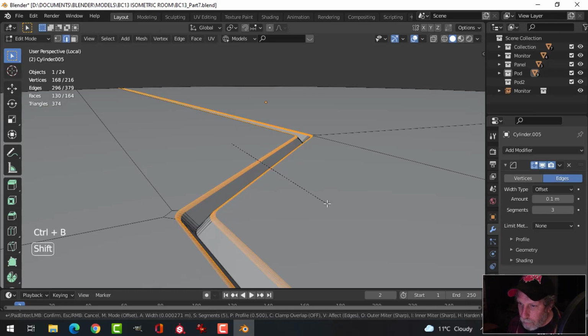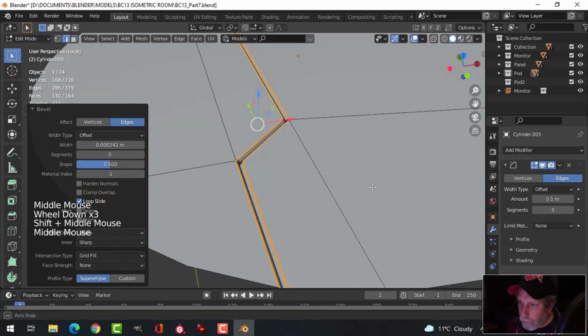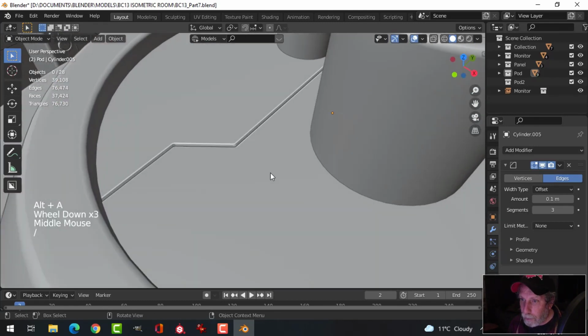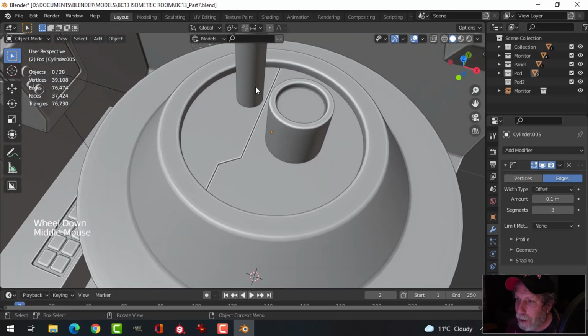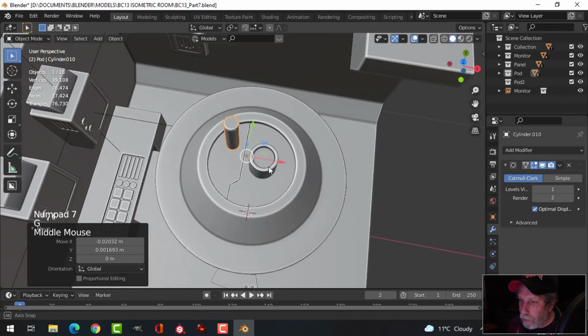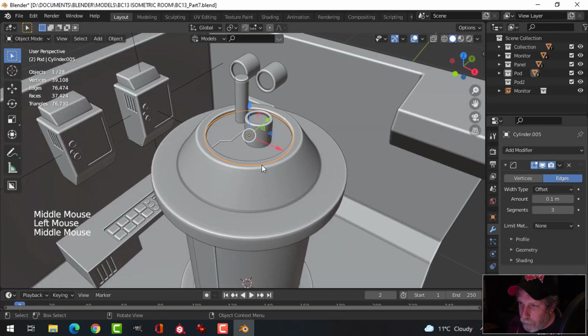Control B. Yeah. Doesn't look that much more. I just added more geometry. It didn't really help me that much. Let's look from the top and let's just shift that over a bit. Okay, fair enough. Now,